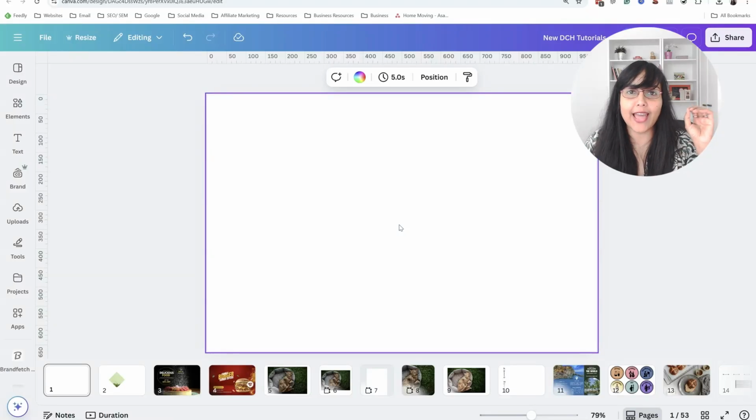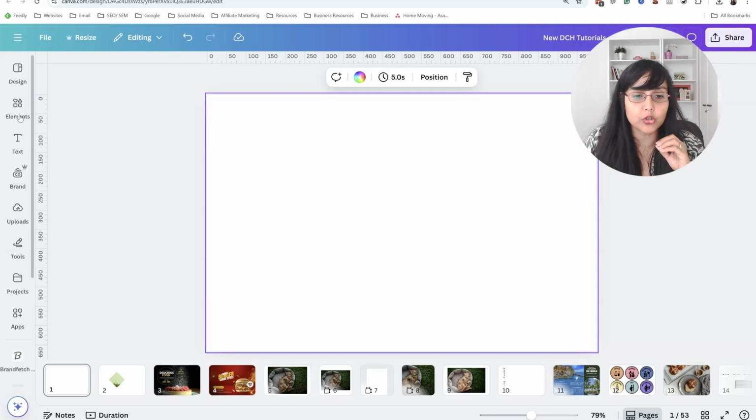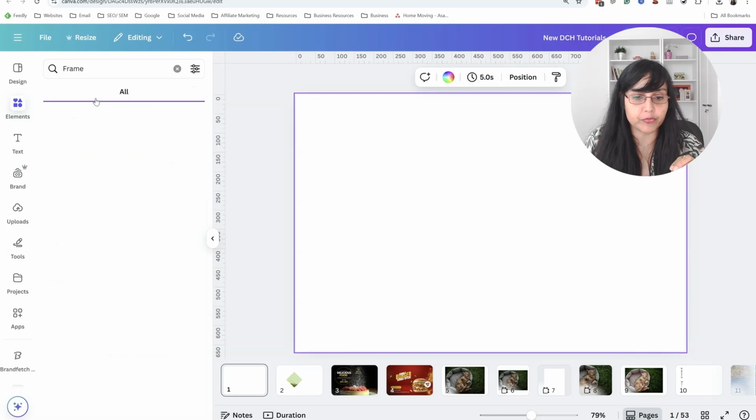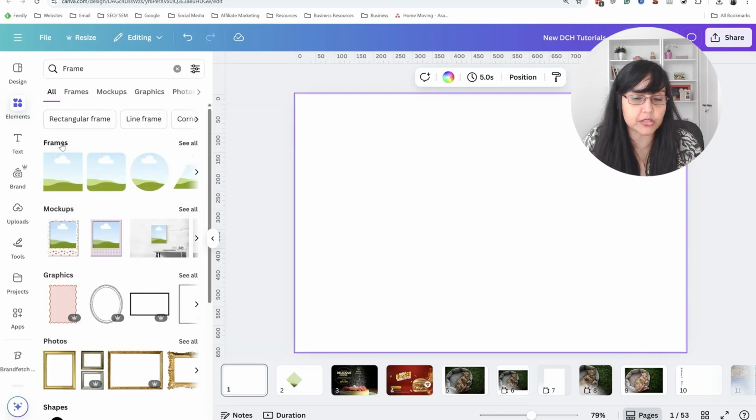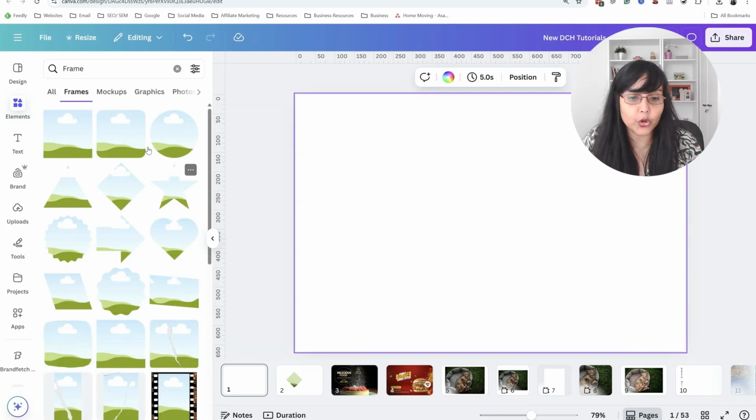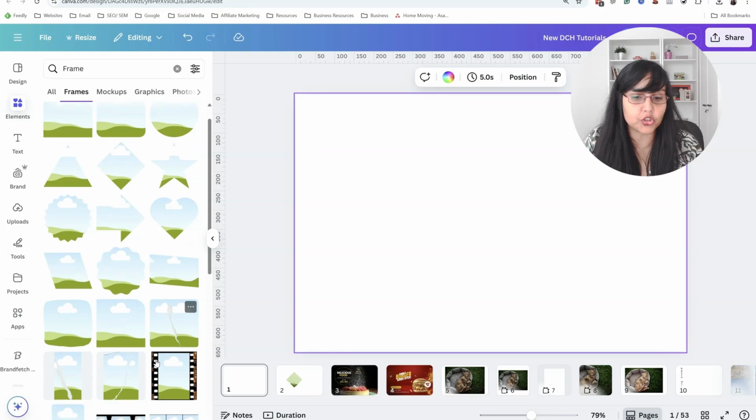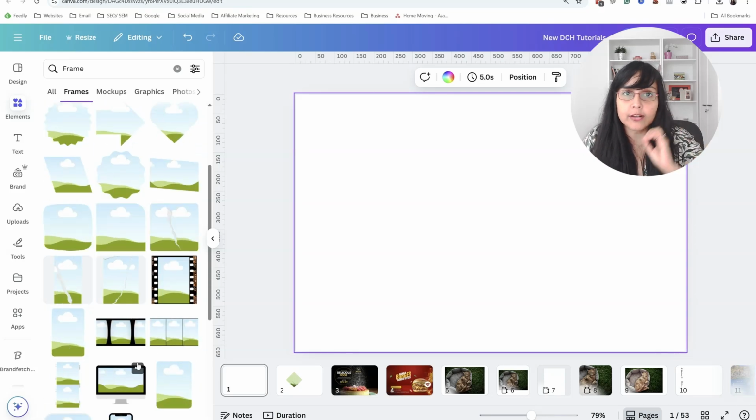In this video, we look at how to use frames in Canva. So frames are essentially different cutout shapes in which you can insert some object or a video. So here we go to elements and we go to frame, and it will give you all the options here. This is frames. And here you can choose any shape that you want in which you can put an image